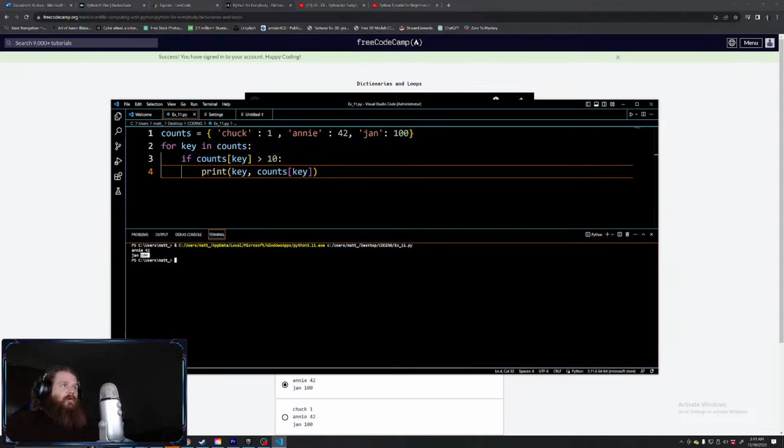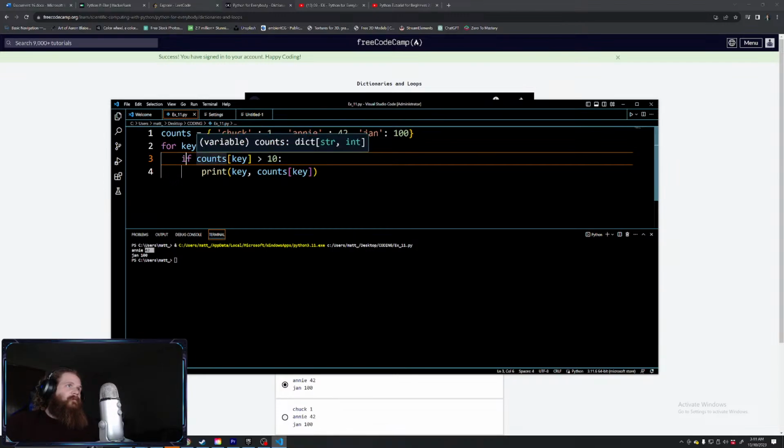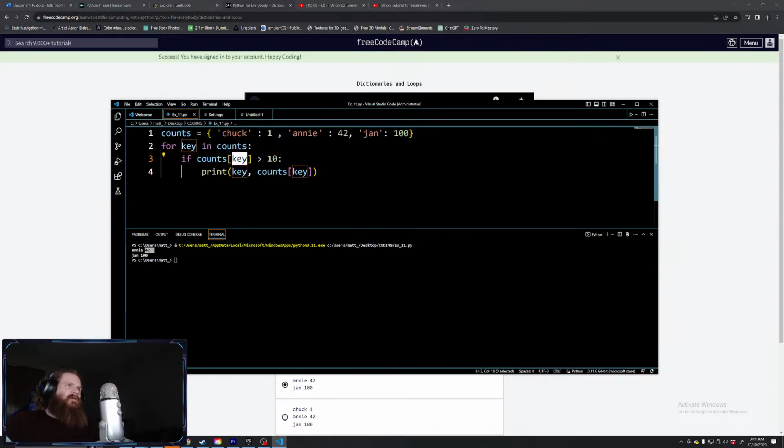That's why we get one value here, counts key. And here, though, it's saying if the key, like, counts as the dictionary, the key is iterating through the dictionary. So Chuck, Annie, Jan. Key's the iterator. If the iterator, boom, boom, boom,